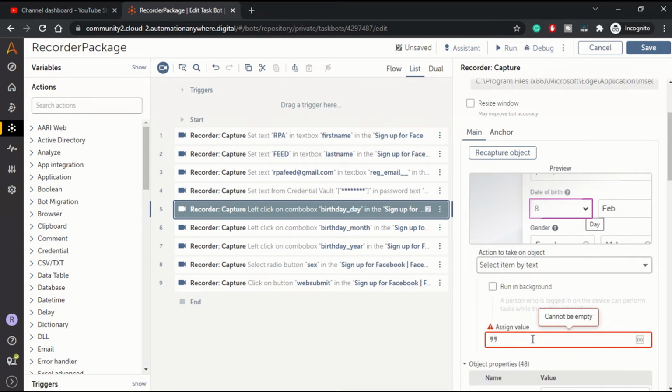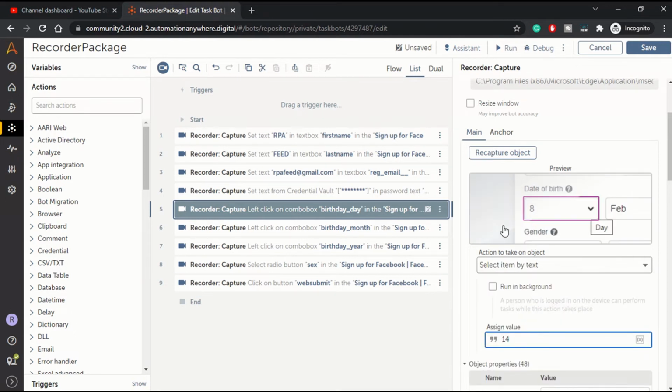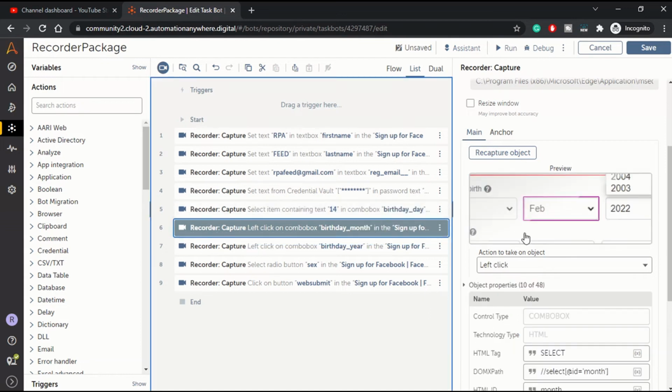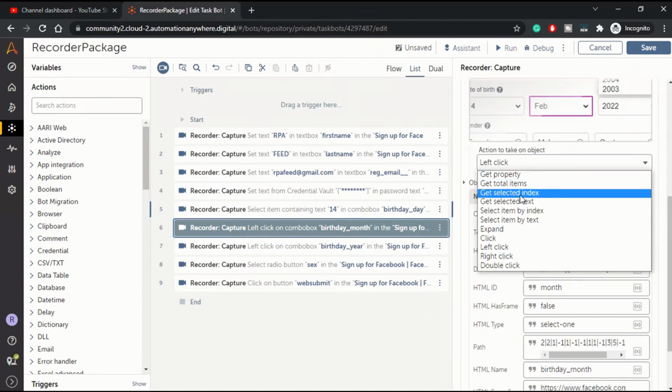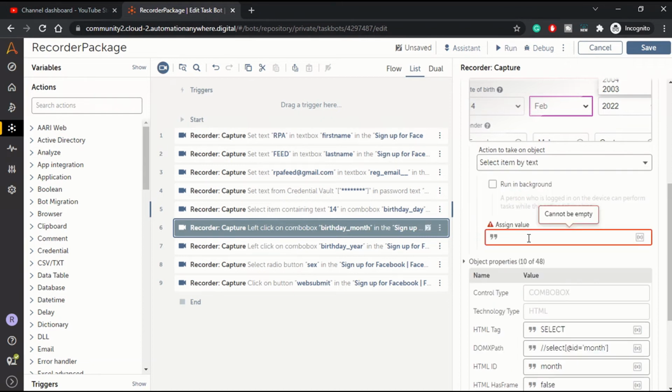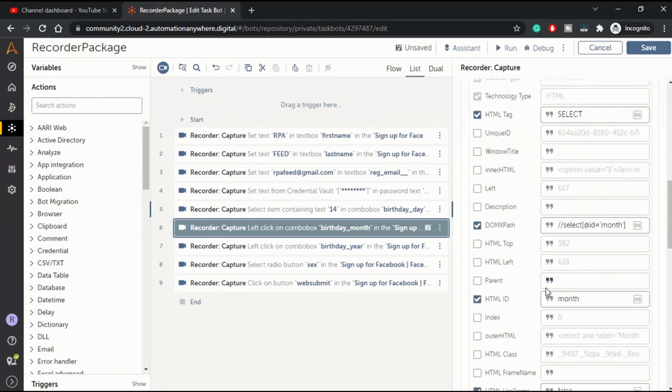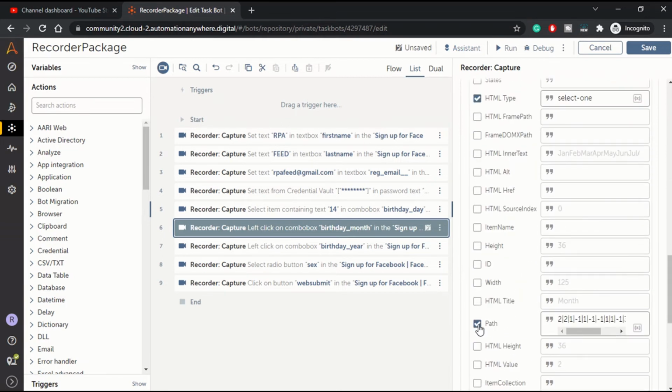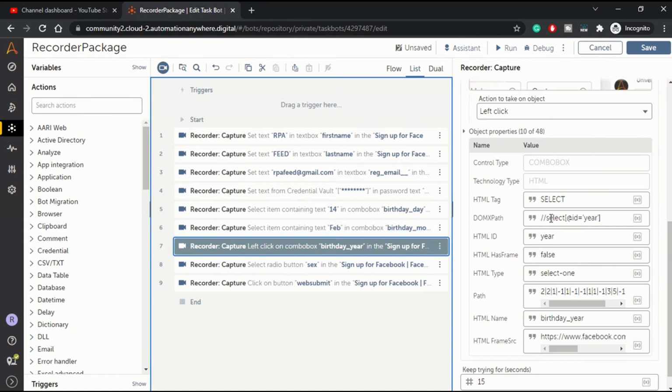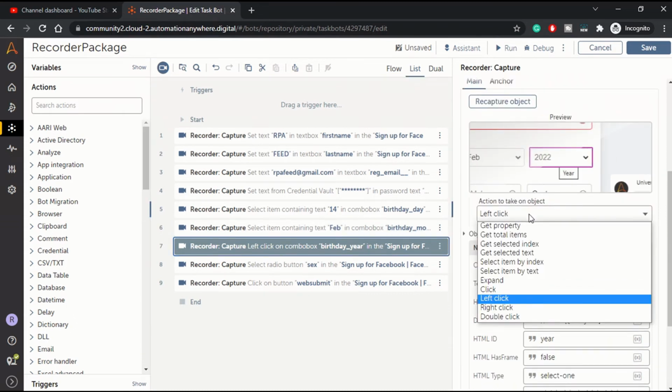So let's assign 14th of Feb in the month. We need to select item by text. That will be Feb. Okay, and from object properties we will remove path, and in birth year what we will do is we will